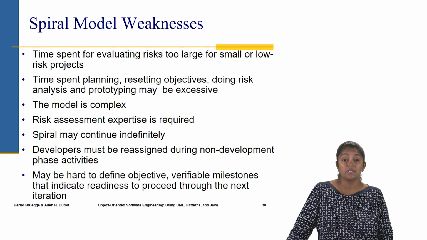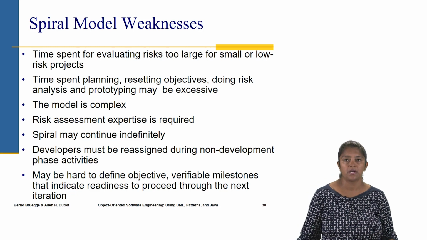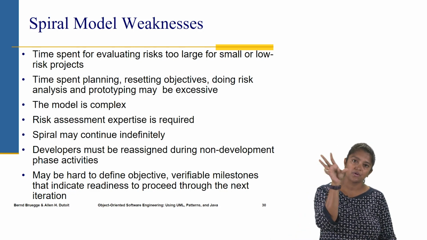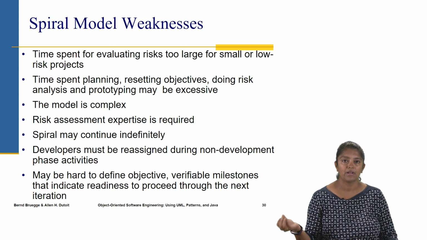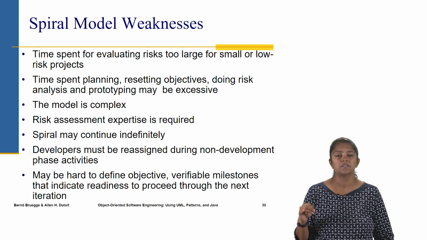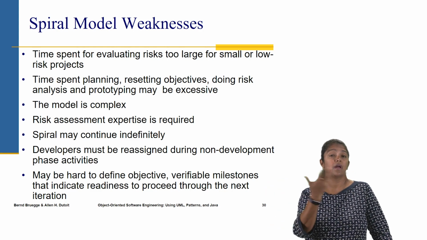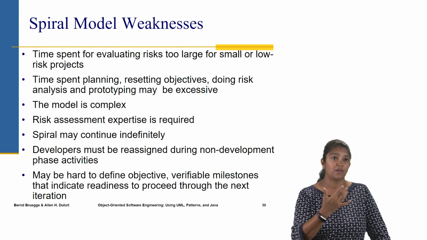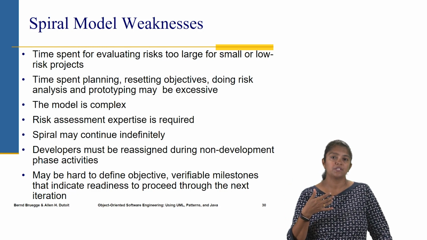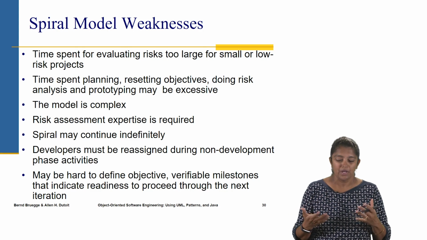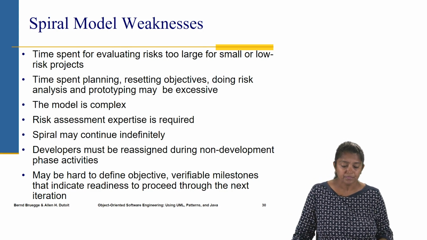The developers on the team might have to be reassigned. Now there are some phases, if you saw in the quadrants, that are not related to development. They are non-development phases, and during those phases the developers don't have anything to do, so they have to be reassigned, which means they might have to be on multiple projects, and that's even hard. It's harder to manage in terms of schedule. So that's the reason I say it is a complicated model.